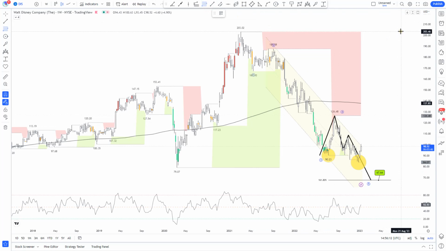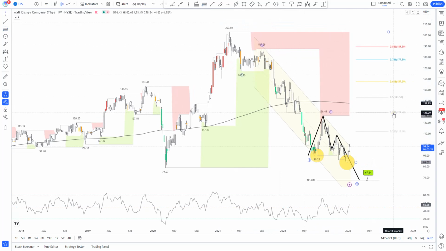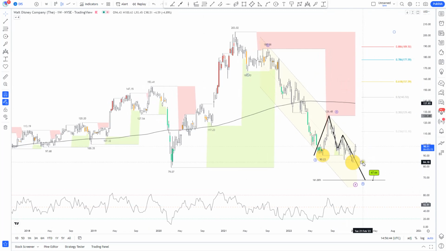We can also use a retracement from these lows, just in case the market starts to bounce towards those levels. So we have the 38% Fibonacci right there at 129.48. So I will not be surprised to see Disney starting to recover without breaking these previous structural lows from 2020. So take that into consideration. A breakout of these lows may force the price to sink even deeper. But pay attention, because when I say a clear violation of these lows, it's because I need to see the price breaking these lows and staying below.